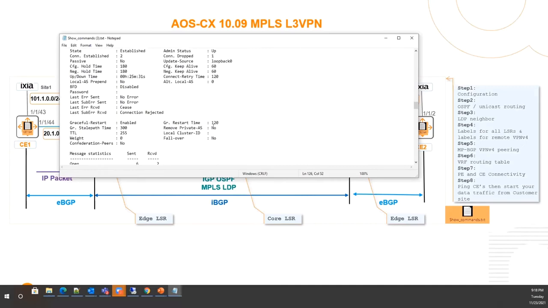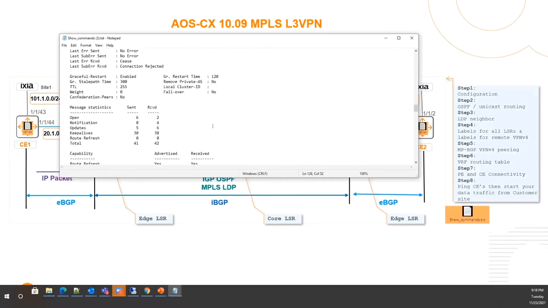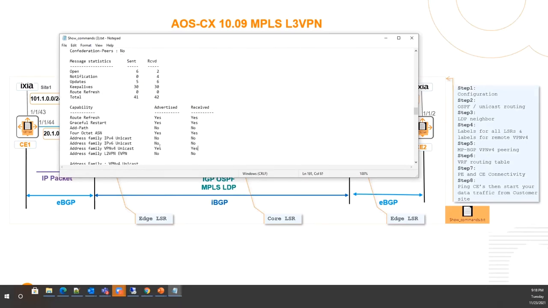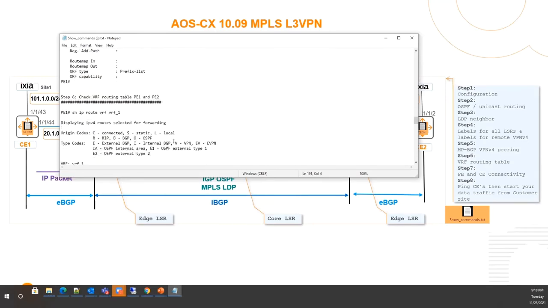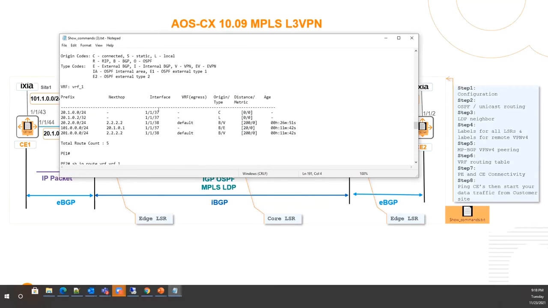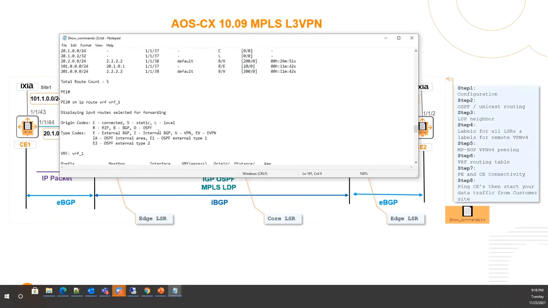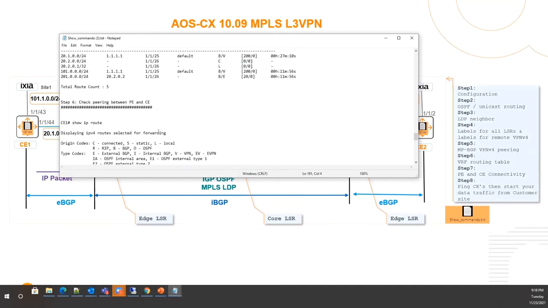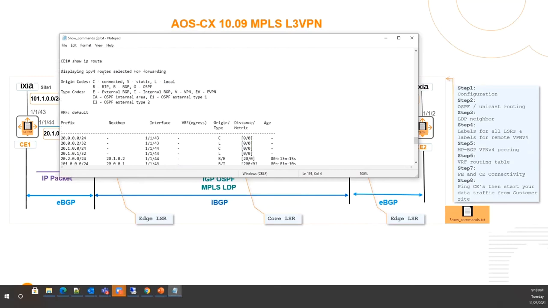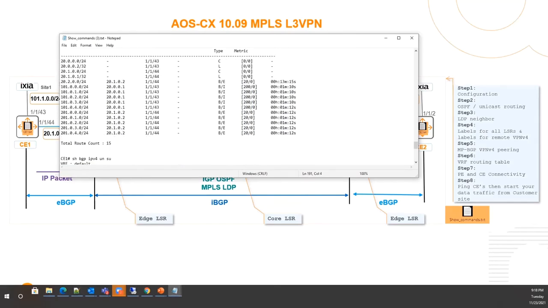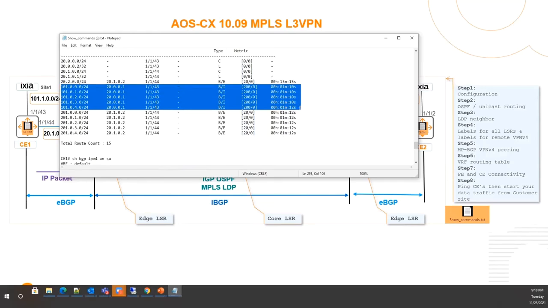So you can see that one. And the one good thing which you have to observe here is the VPN v4 address family. This is the new thing which is getting added, address family VPN v4, which we configured there. It is getting enabled here. And after that, this is on the VRF, right? So make sure you're checking your VRF towards whatever you are getting from the customer side. So verify that one. And after that, between the CE and PE, you're going to verify whether you have the connectivity or not. So if you see here on the CE1, you're verifying all your routes are coming.